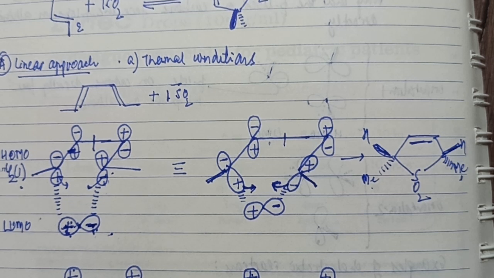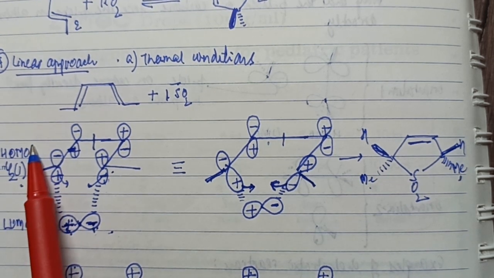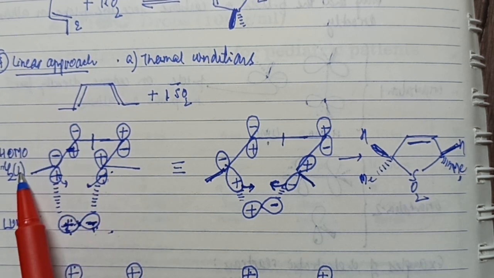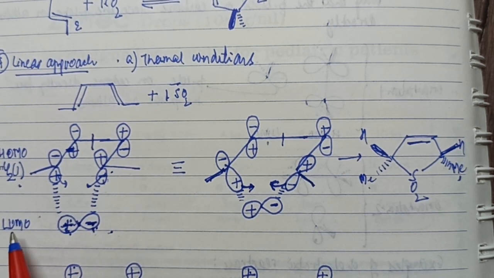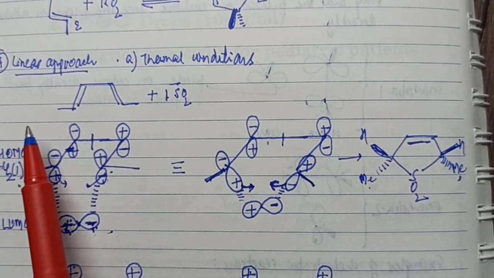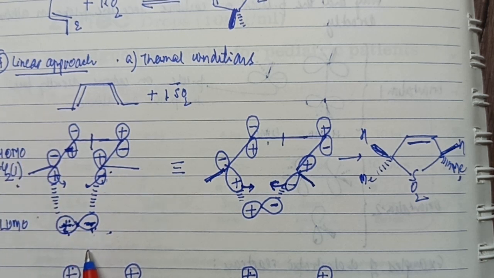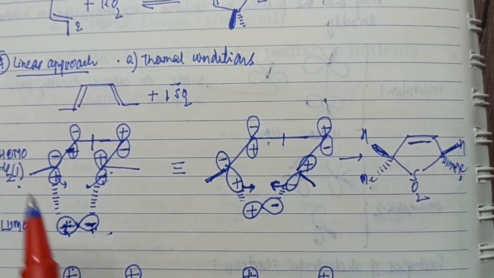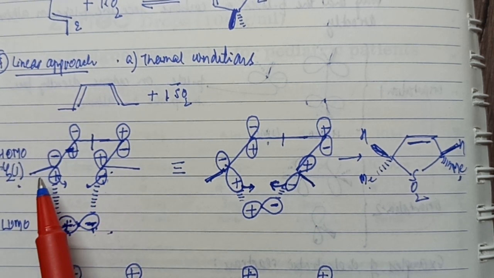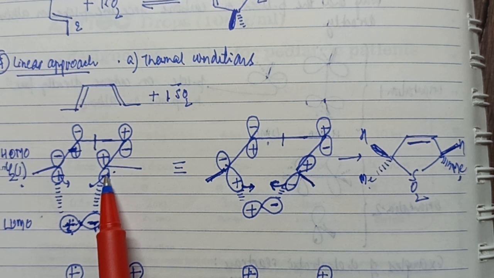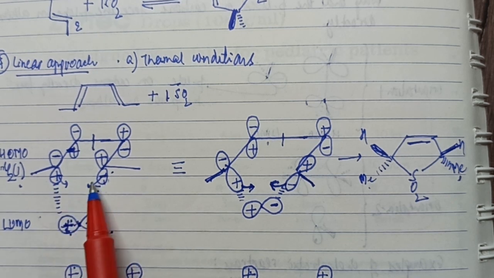I'll repeat again. We've considered the FMO approach. We've considered HOMO and LUMO here. HOMO is Psi2. This was the orbital picture. LUMO in the case of linear approach is not directly facing the line. This is the orbital picture in the case of linear approach as far as the LUMO of sulfur dioxide is concerned. I've tried to work out the bonding conditions, and bonding conditions were achieved if both the lower faces, that means the diene, were adding suprafacially with respect to the two lobes.